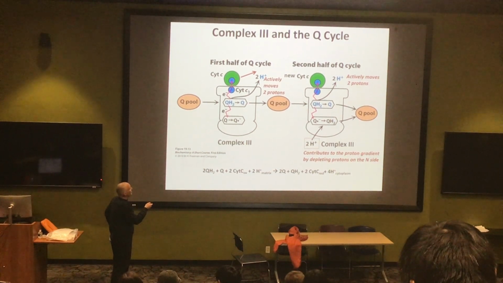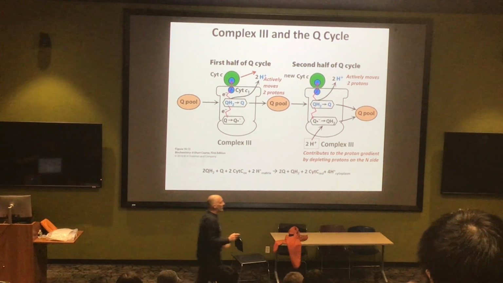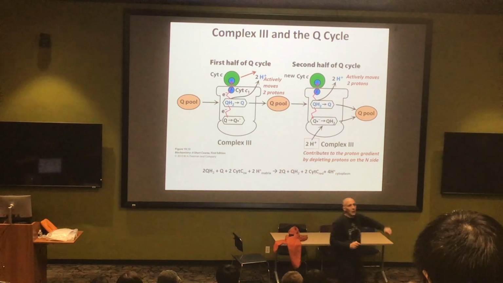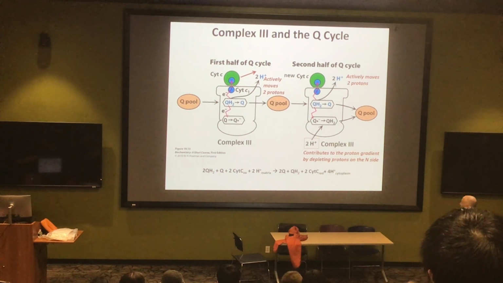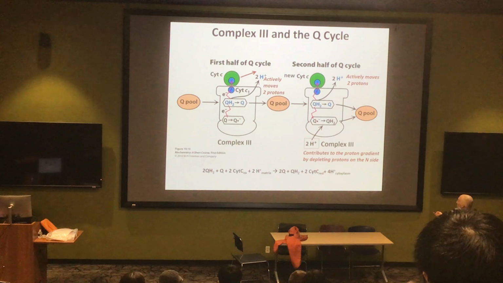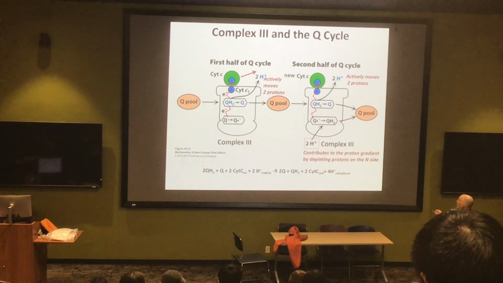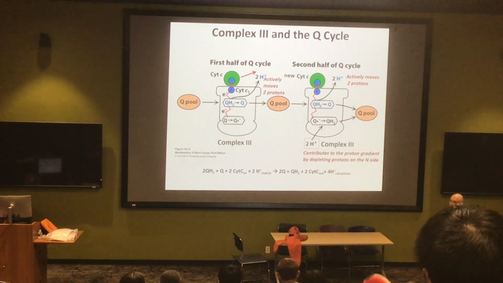Another cytochrome C comes in. This is a different cytochrome C, right? One of that other cytochrome C is long since out of here. And the process repeats again. 1 electron goes up. 1 electron goes down. QH2 has lost 2 electrons, as well as these protons, which become pumped. This does not fit, so it returns to the Q pool.